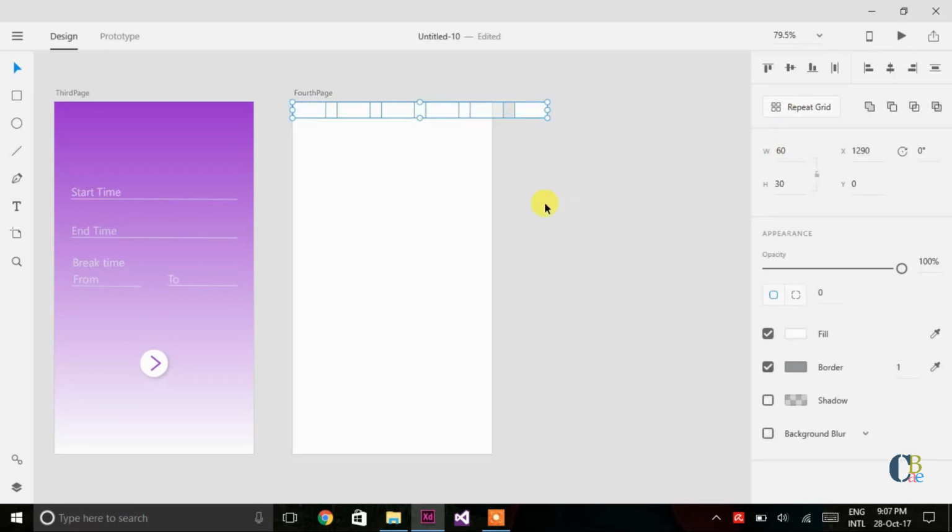So I'll just ungroup them and align them properly. Make sure that all the rectangles are aligned properly without any spaces or any overlappings. The guides help you a lot in doing this. So the last one now. Once you have aligned all this,